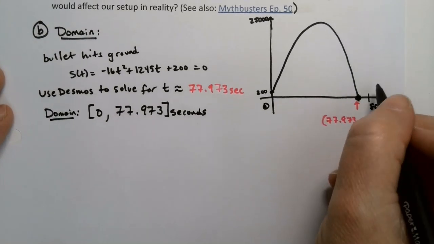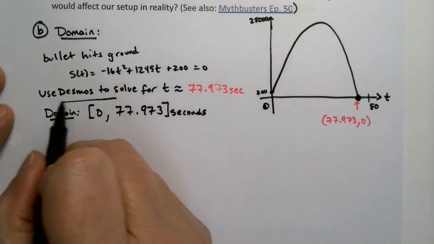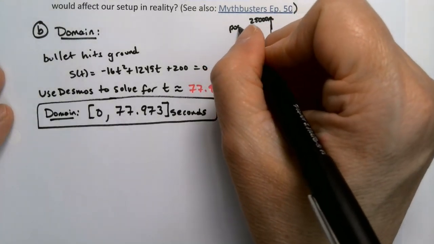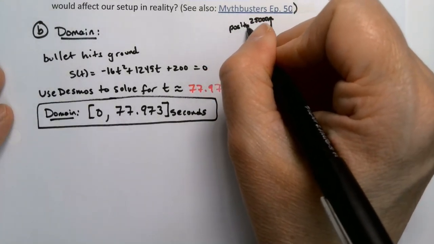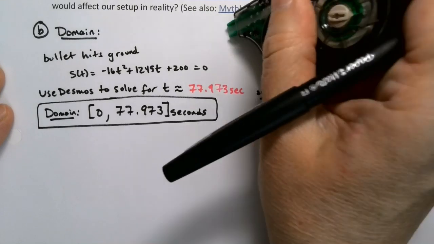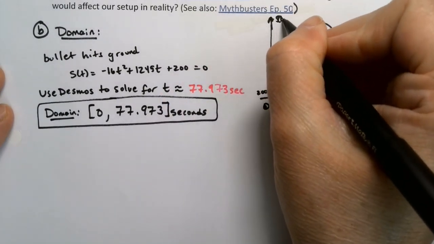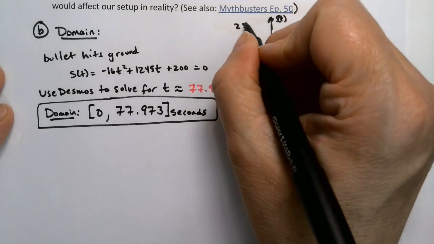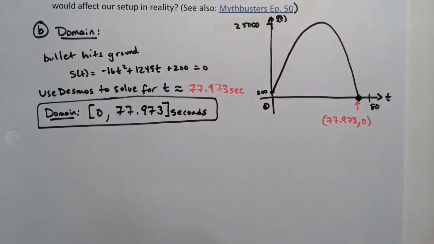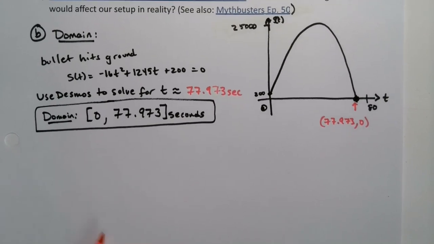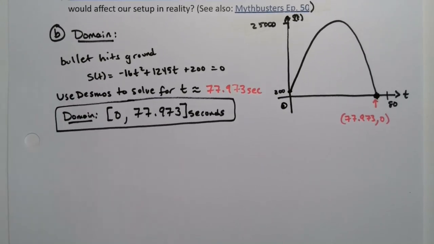This axis right here is the t axis. This axis is actually the position. Hold on, I'm not happy with that. This is the S of t axis. Right? And this was 25,000 up here, or something like that. All right, C. For letter C,